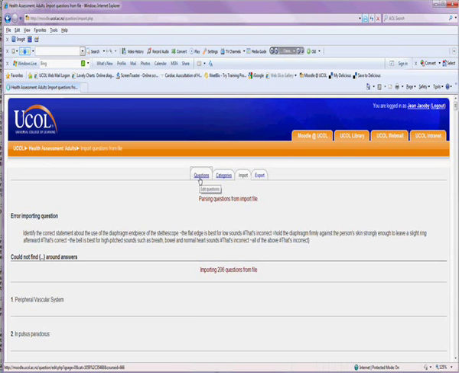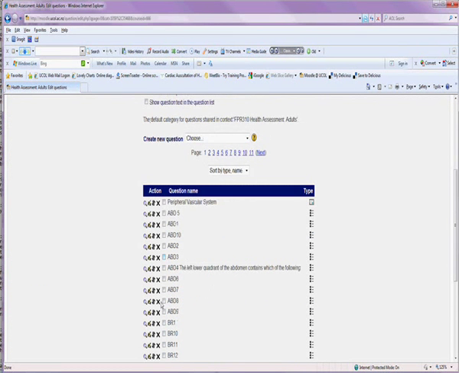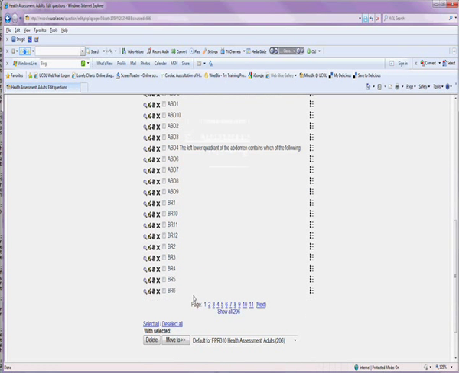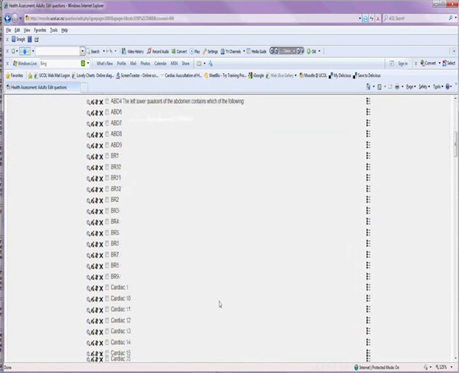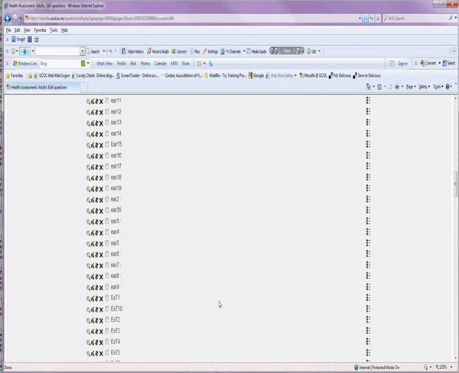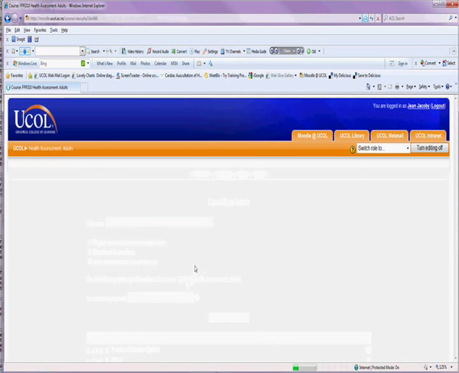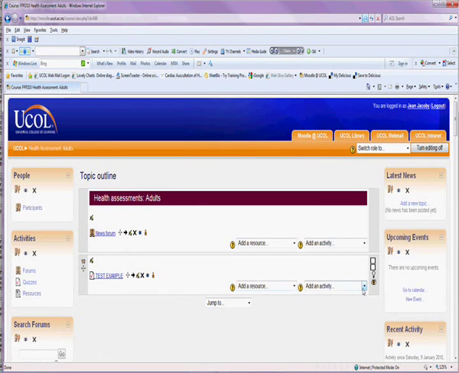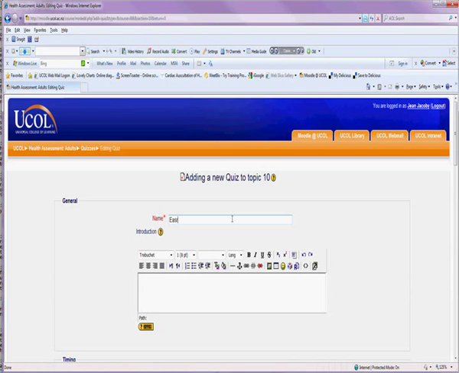So we go back to the question bank, and now you'll see why it is so useful to code your questions. We show them all. Imagine the muddle of 206 questions, just all grouped according to the questions. Here you can see. Now I can very, very easily build a quiz. Same process as before. I'm going to add a quiz. I'm going to call my quiz the ear